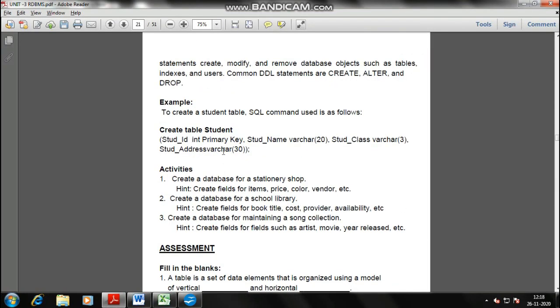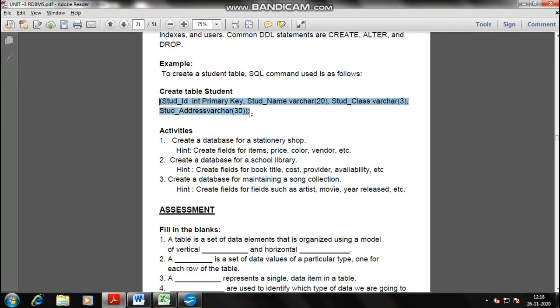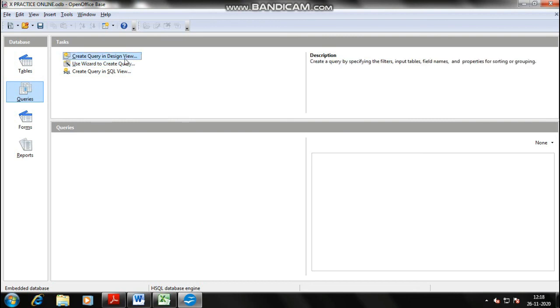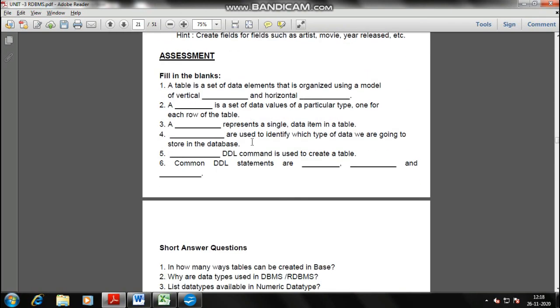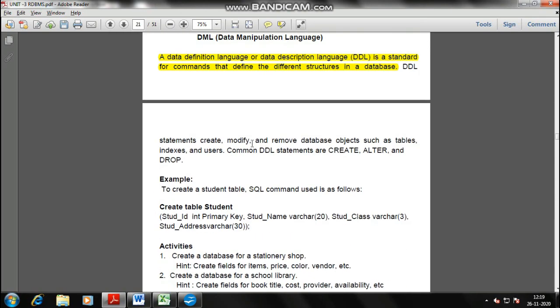So with which we came to know that with the help of commands we are not able to create any table here. We can only create the table with the design view, and design view is on the priority, it is not showing. Okay, and the next is your SQL commands. So SQL command is a secondary thing, but in real terms this is the language which is helping the users to create the databases. Okay, so for this we are done with both the topics, session 1, session 2.